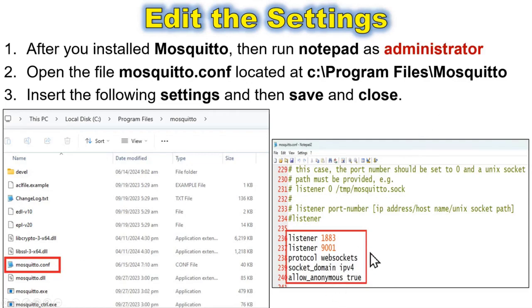And then insert the following settings: listener 1883, listener 9001, protocol websockets, socket_domain ipv4, allow_anonymous true, and then save and close.